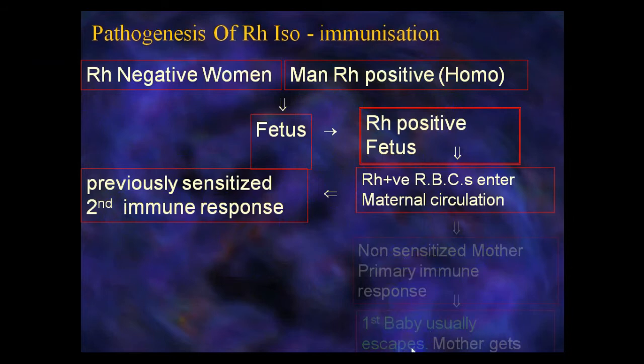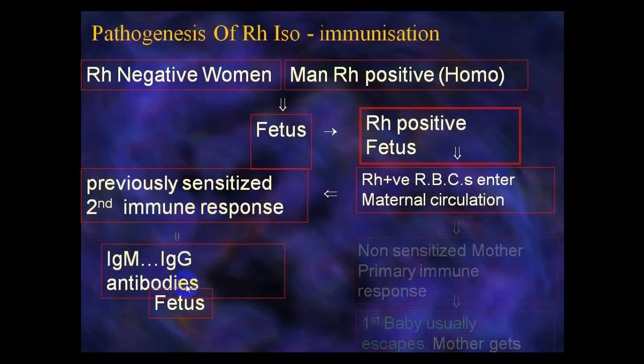The first baby usually escapes and the baby is not affected. If previously sensitized, a secondary immune response occurs, IgM and IgG antibodies will form and may affect the fetus in a subsequent pregnancy, or in this pregnancy at an advanced gestational age, and lead to hemolysis. What does previously sensitized mean? Maybe the mother aborted a first pregnancy, or a second pregnancy at 2 or 3 months or 4 months,